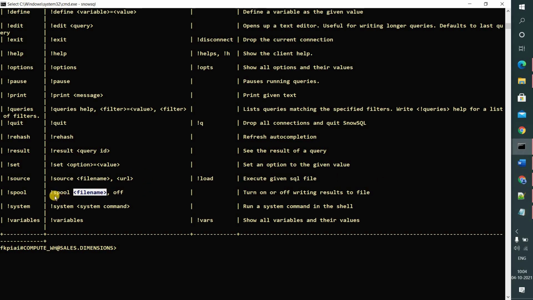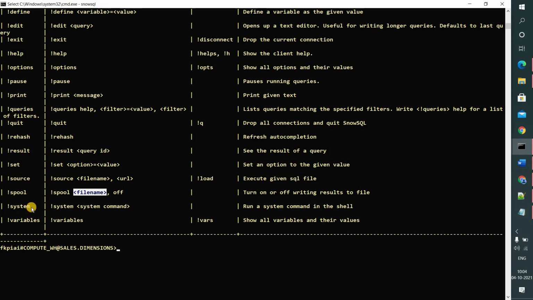Whenever you want, you can turn off the spool. This will help to check what queries you have run, if you want. But we generally don't use this command. Some people might use it to keep a log of the queries they are running.